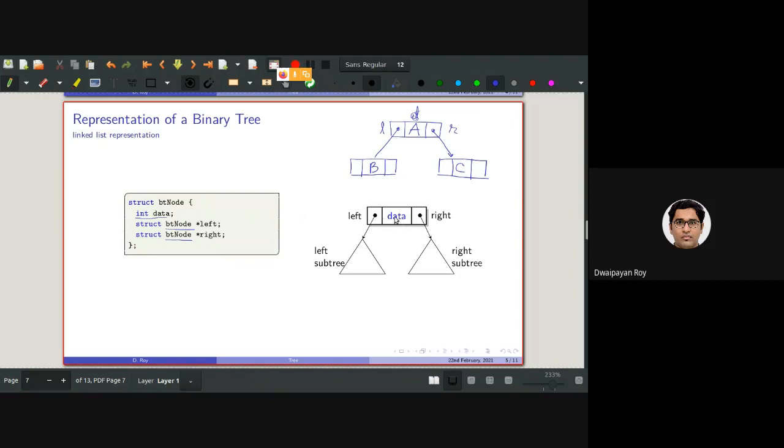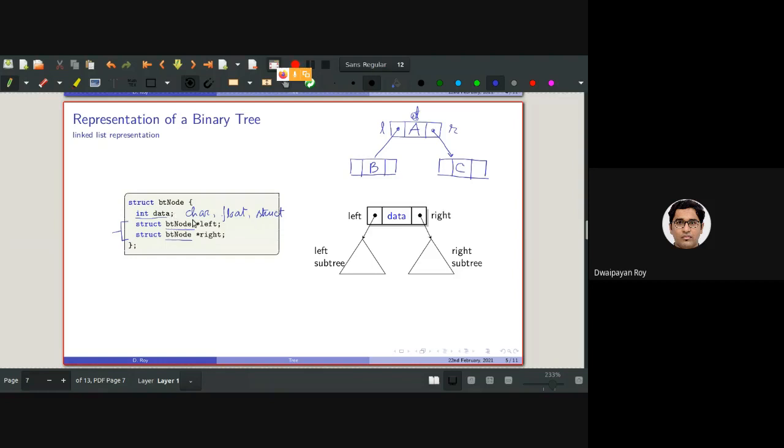In this case it is int, but it can be anything: a character, a float, or even a structure of some other data type. So the data is not always an integer, but the two pointer parts will always be pointer variables of the same structure.